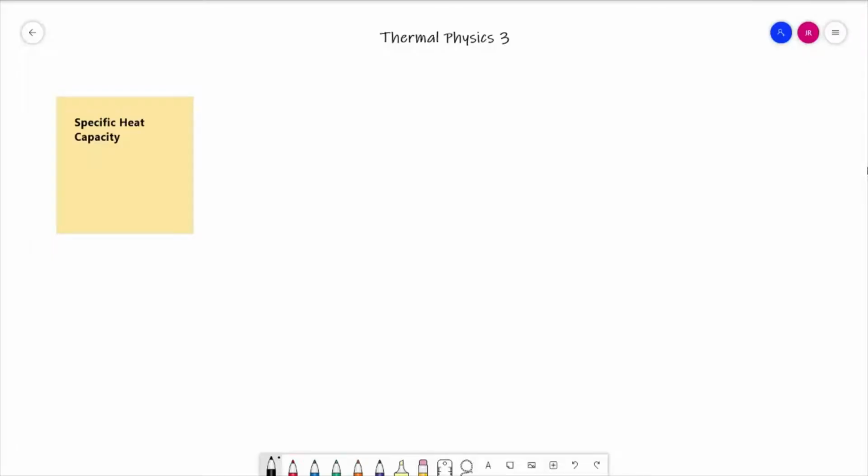Hello everybody and welcome to Thermal Physics Lesson 3. Now in the last video we looked at specific heat capacity and we had the equation delta Q is equal